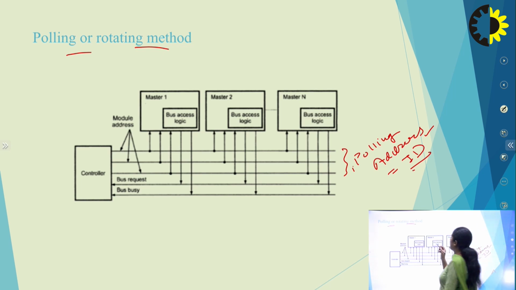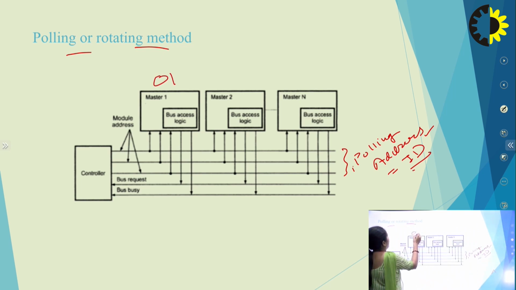If suppose he calls for 010 and the address and ID of master 1 is 010, then the bus controller will call 010 and the mastership will be given to that bus master. The bus master will be activated, knowing that it's its ID. So it will request the bus, and the controller will acknowledge it with the bus mastership. So it will perform its task.